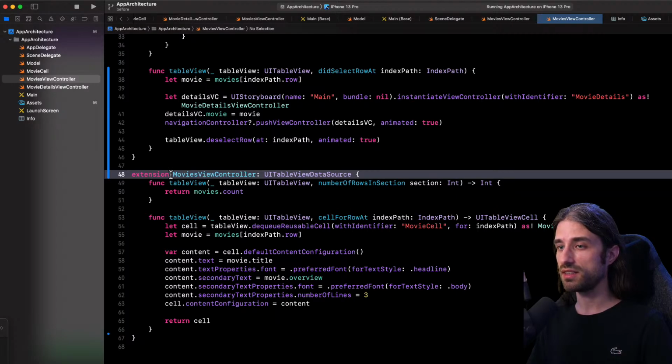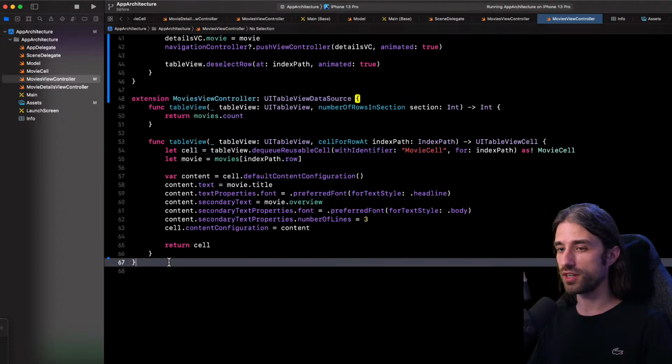And what's nice is that the entire purpose of this extension is to conform to UITableViewDataSource. This way, the only methods we should find inside the extension will be methods that make our type conform to the protocol UITableViewDataSource. Of course, if there was a private method we need to call, we could also store it inside the extension. But the idea is that the extension only stores what is necessary to conform to the protocol. And so we've done this with the first protocol, UITableViewDataSource.